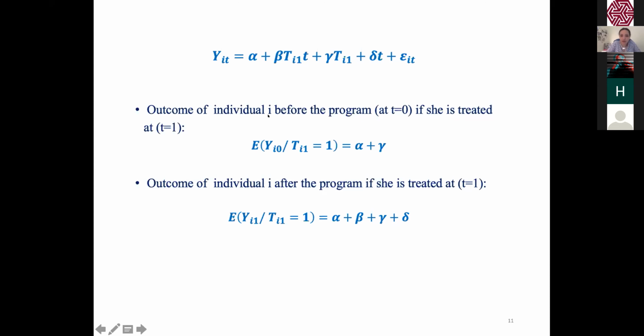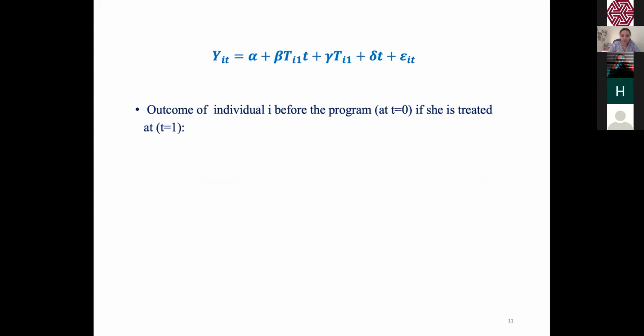The outcome of an individual i before the implementation of the program, even if the individual will benefit later, capital T will be 0 because... no, sorry, I confused you. The T we have here is T i1. This means the treatment status in the period post the implementation of the program, because exactly as you are saying, in all cases, the treatment status of the individuals before the implementation of the program is all 0. If I return back to the slide,